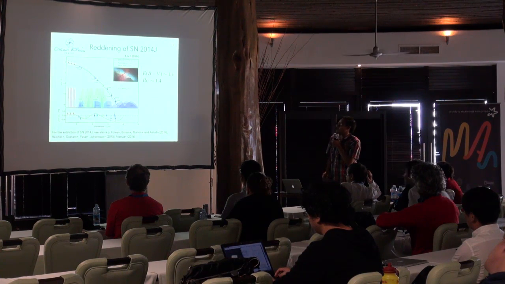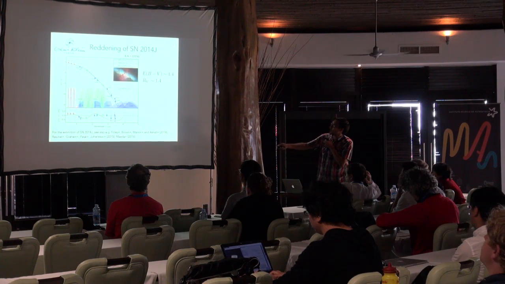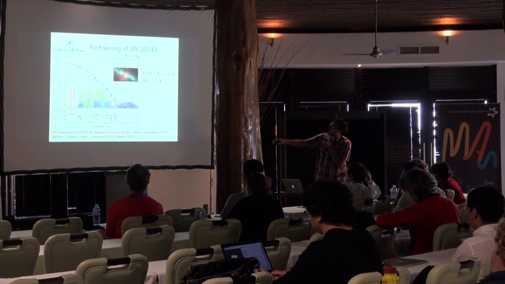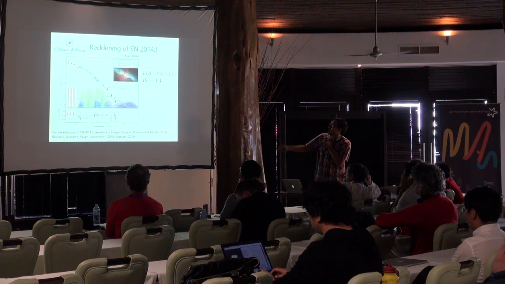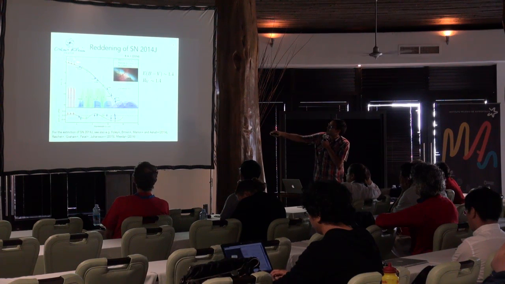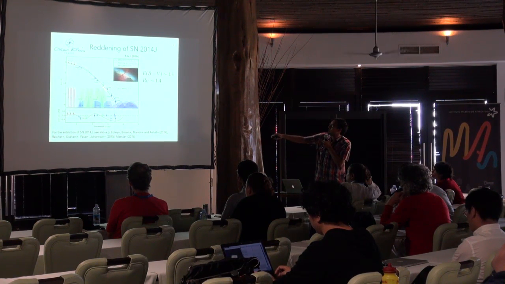But then, of course, we have supernovae like this, 14J. What you're seeing here is the extinction law. It's not quite clear, but this is the color excess with respect to the V band that you have here, and here you have inverse wavelength. If you're not used to this, I've also plotted the filters that this was taken in. You have the infrared filters here, and you go all the way to the UV here. You can see the standard RV 3 law plotted here, and this is if you're letting RV float,